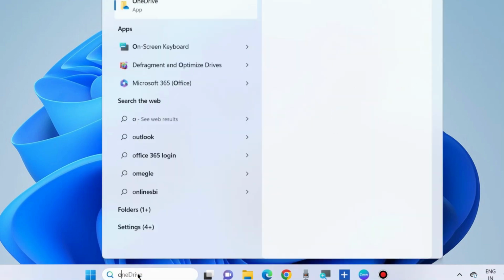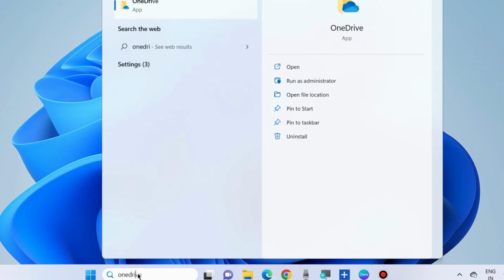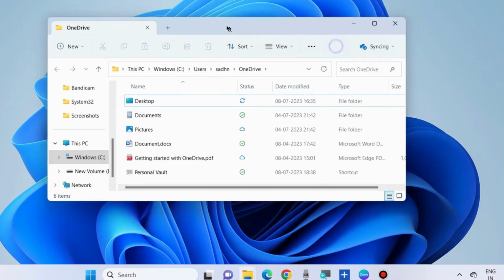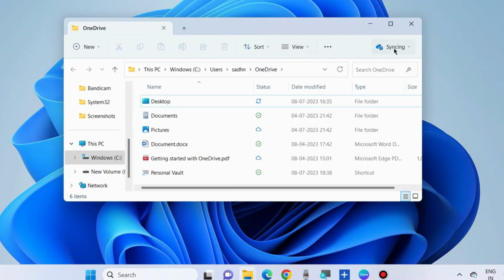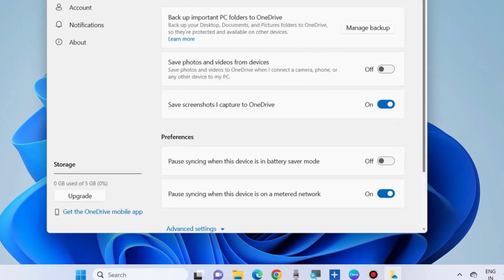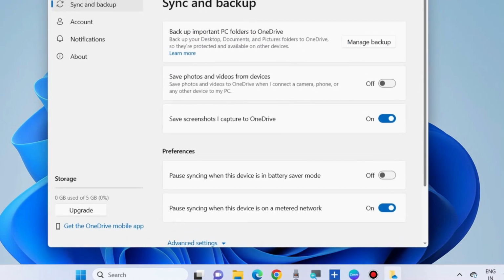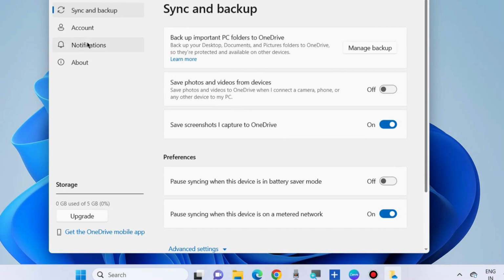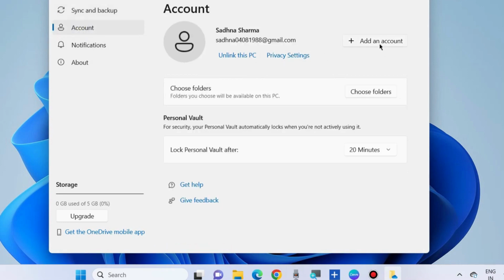Go to Windows search and here type OneDrive. Open OneDrive app in Windows 10 and Windows 11. Here click on OneDrive icon, choose settings cog. Here from the left pane, go to the account option, click on add an account